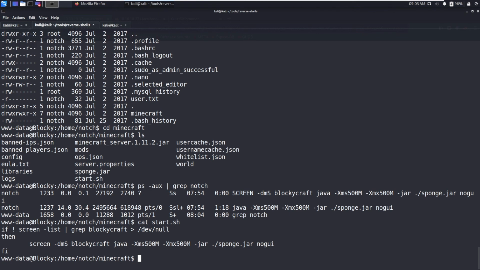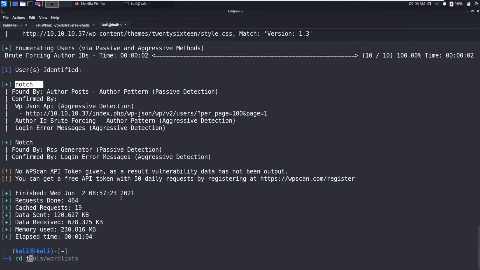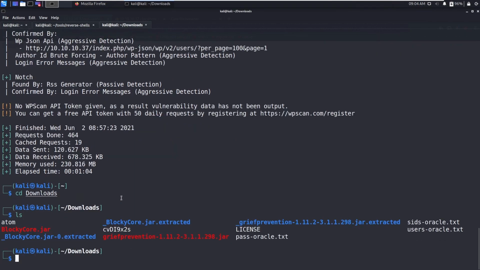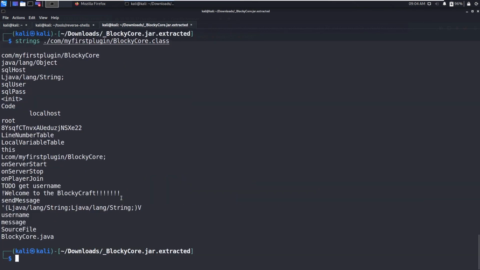I literally got stuck here, and LinPEAS did not give me anything. When I saw the write-up, it's very funny, because where is the password? We got this. So this is the password for the notch user.